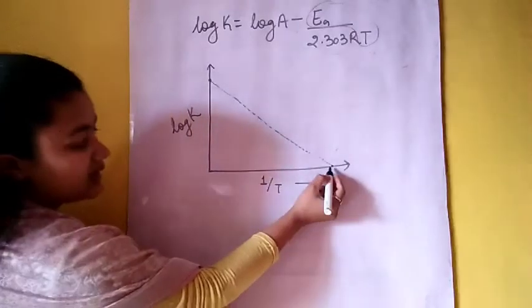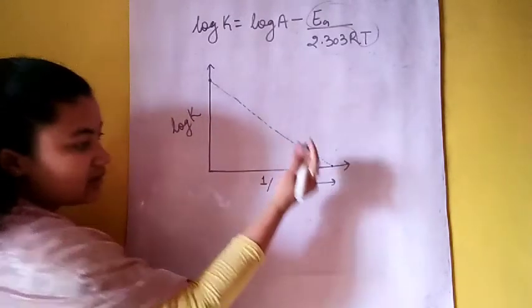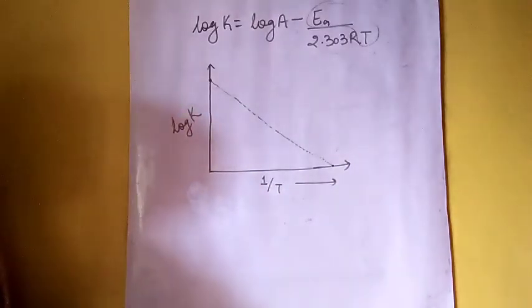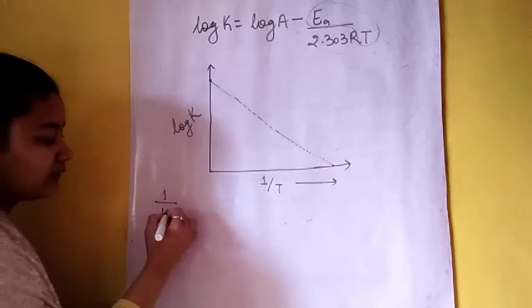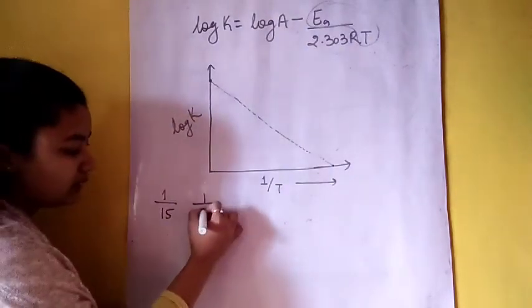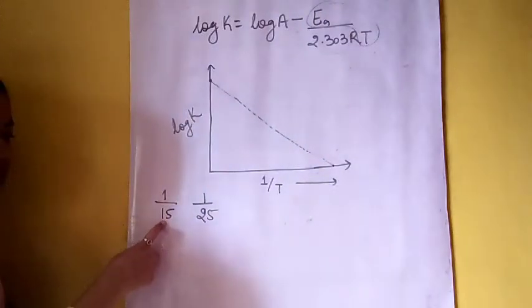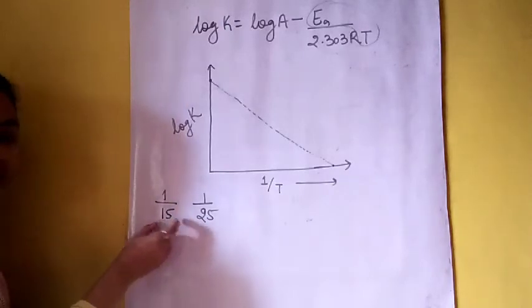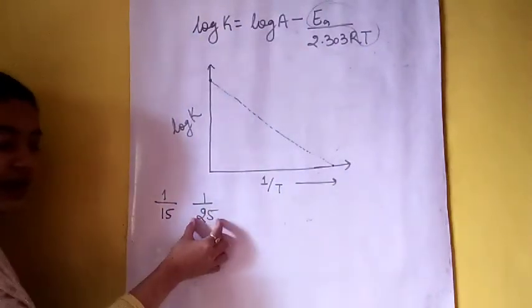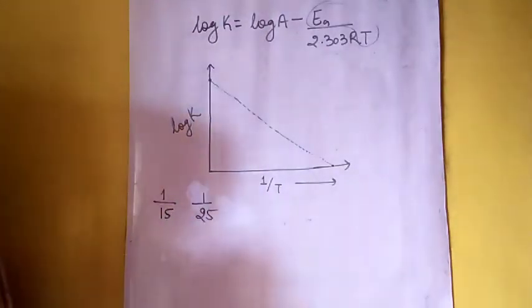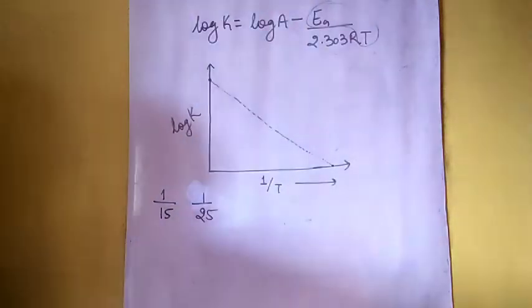Right. As we are decreasing the temperature, and what is the meaning of decreasing temperature? That means 1/T is increasing, right? Suppose we are talking about 1/15 and 1/25. Which value is greater if we decrease the temperature? See here, the temperature is decreased, so this value will be greater, na? As the denominator is smaller, the value will be greater. The greater the denominator, the smaller the value, right? You can calculate this by yourself also, right?